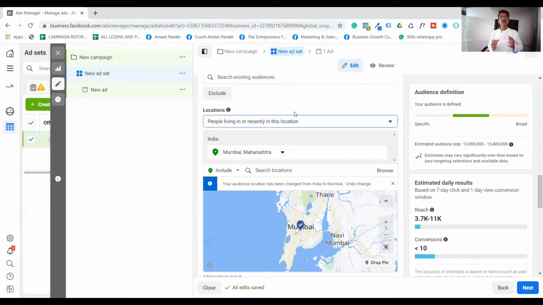So if you are showing an advertisement with this default setting of Facebook, you might end up with customers or leads that are not actually your customers, that just visited that location. Let's say you are a business selling services. Those services should be only and only in that particular area. Let's say in Mumbai, in Delhi, or in New York.